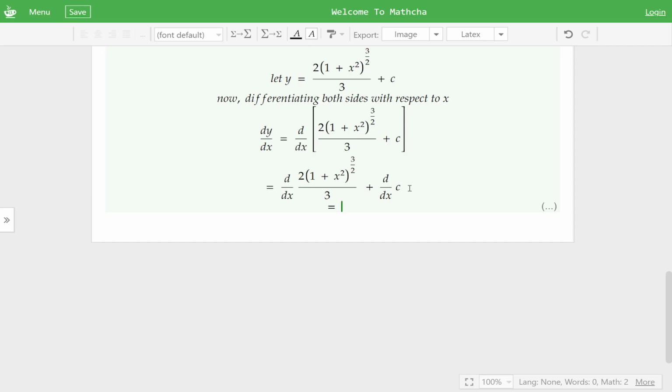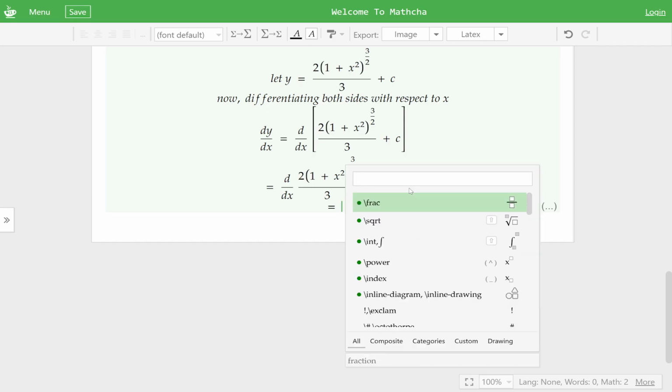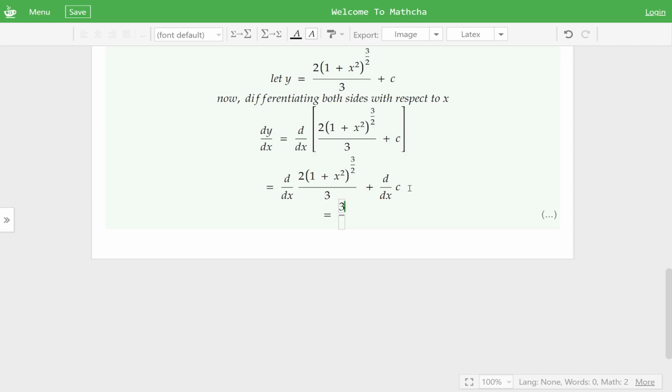So this is equal to 2 over 3 times d over dx of, well, this. So this is equal to 2 over 3 times the derivative of 1 plus x squared raised to the power of 3 over 2 plus 0, because the derivative of any function that's constant is just 0, and that becomes,